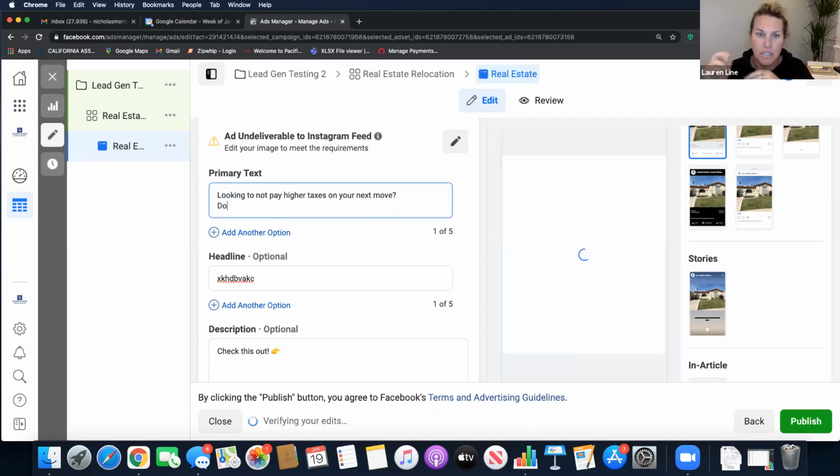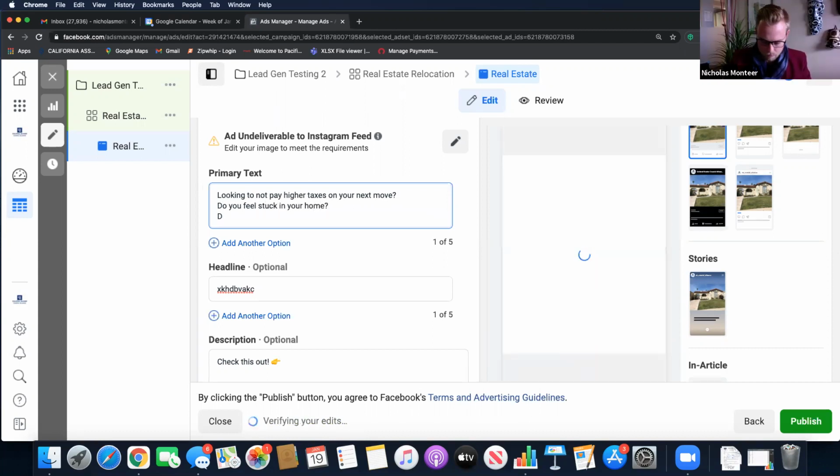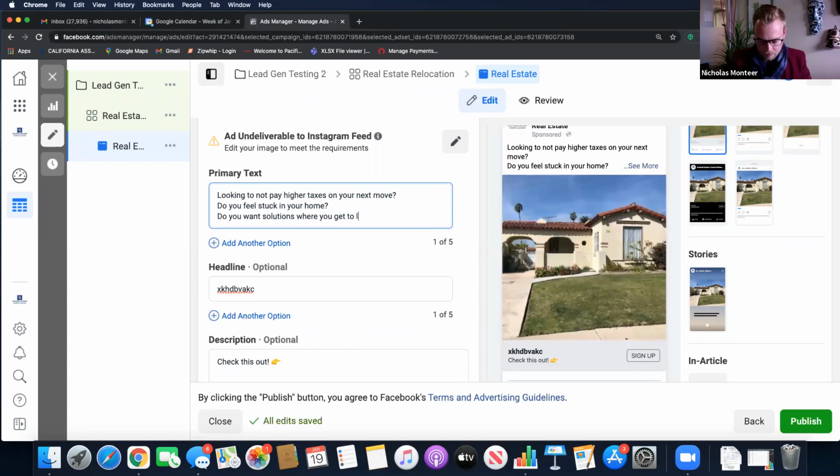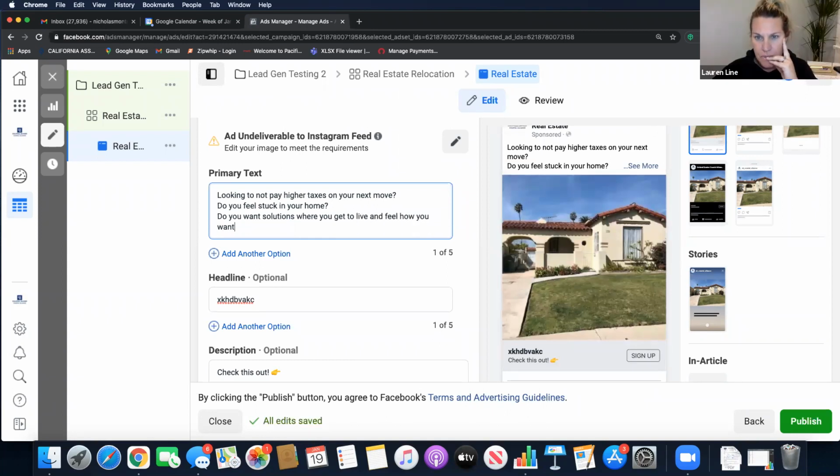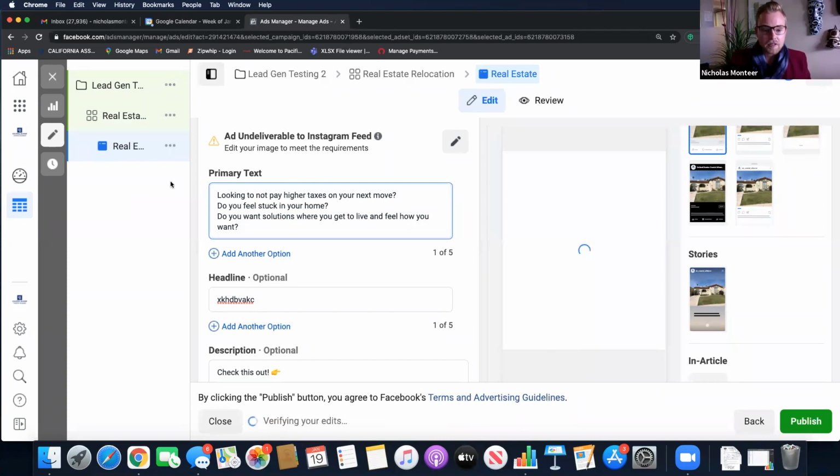So kind of like a hook. "Do you feel stuck in your home? Do you want solutions where you get to live how you want?" That's just off the top of my head.